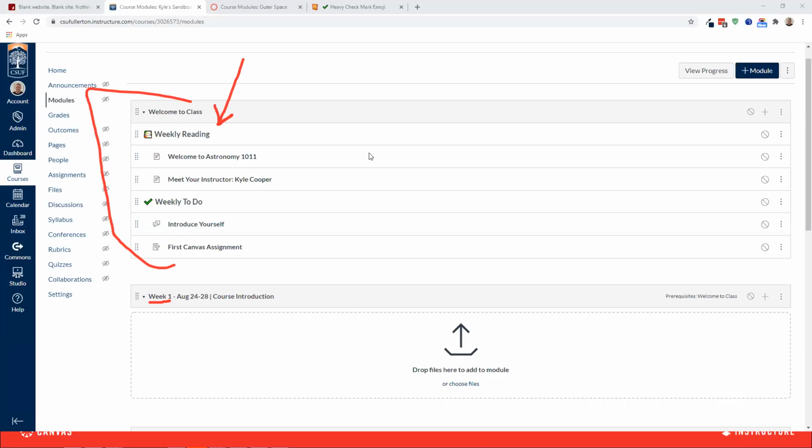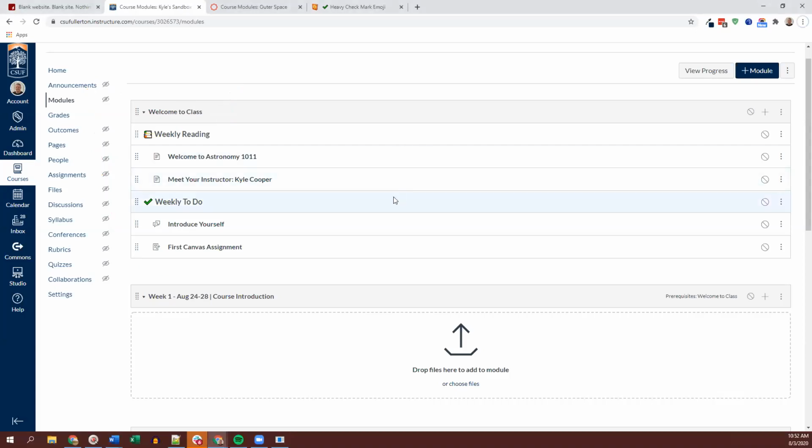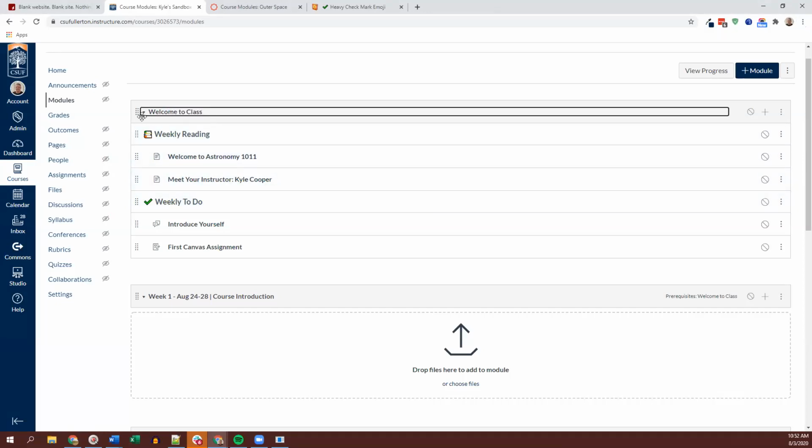Does that mean they just look at everything in the module? Or does that mean that they actually get a certain score on a quiz? Or does it mean they have to just submit an assignment? Once they've submitted it, they can move on? So in order to set up that infrastructure, we need to set up requirements on the Welcome to the Class